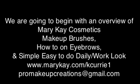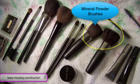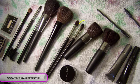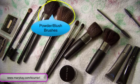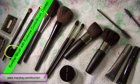Let's look at Mary Kay's makeup brushes and eyebrows and some day-to-day looks. Okay, let's start with the eyelash and eyebrow spoolie, then the mineral powder brushes. Let's move on to the flat concealer brush, then the flat eyeshadow brush. Let's move on to the mineral or powder brushes, the blending brush or crease brush, then the combo comb and brush and angled eyeliner brush,